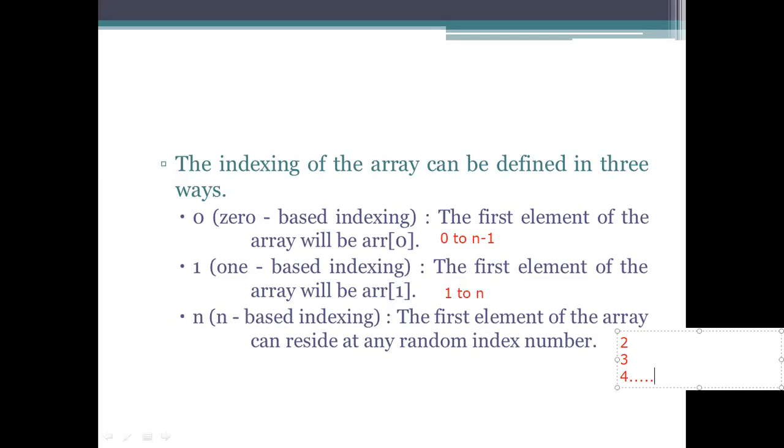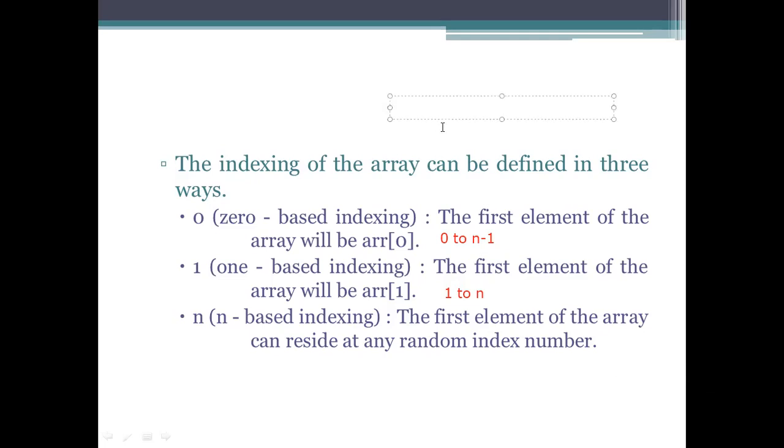So n cannot be left open here; how many elements you are taking for the processing should be known. This n-based indexing will allow you to process, but we can't use it so that it is applied to half of the array, or insert the elements at any space. If we use it in such a way, for example, we need to avoid, just plot the elements 0, 1, and then next 2, 3.